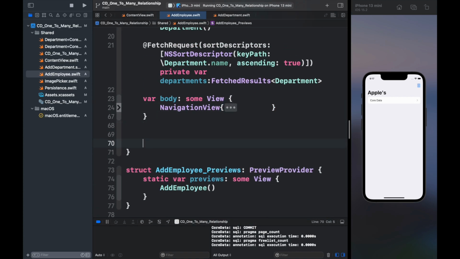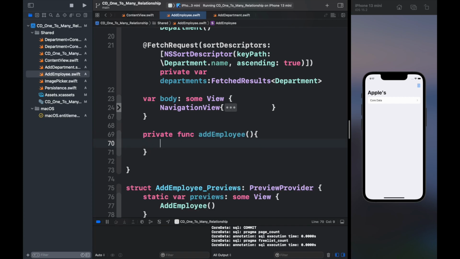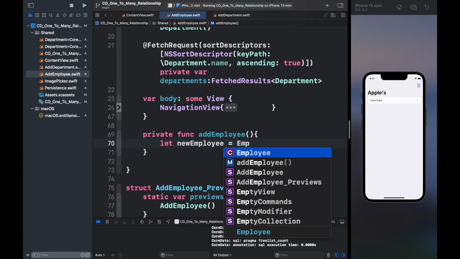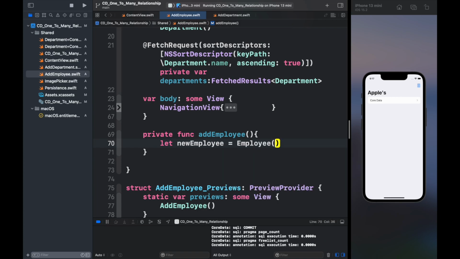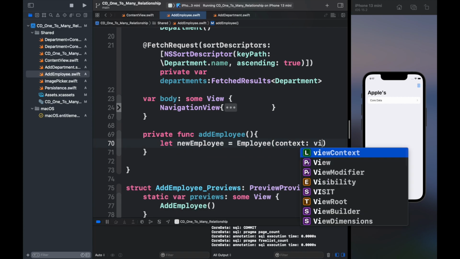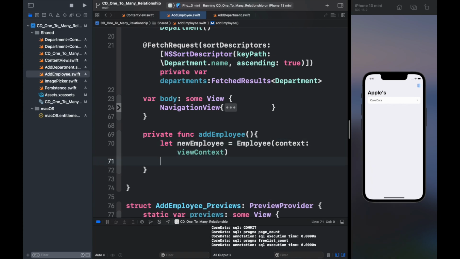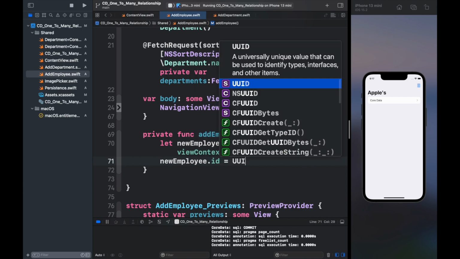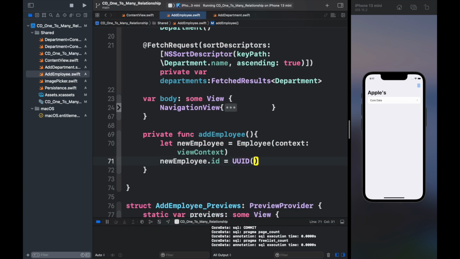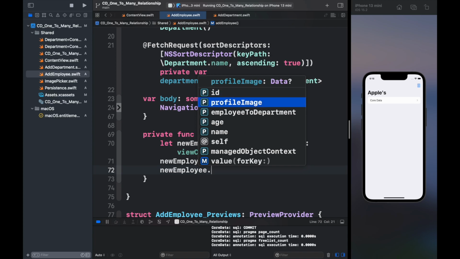Let's now create save employee function. Create private function below. Then create a let new employee which equals to employee entity initializer and add view context inside it. Then add the respective value of each attribute of employee entity, like ID as UUID, name as person name variable,